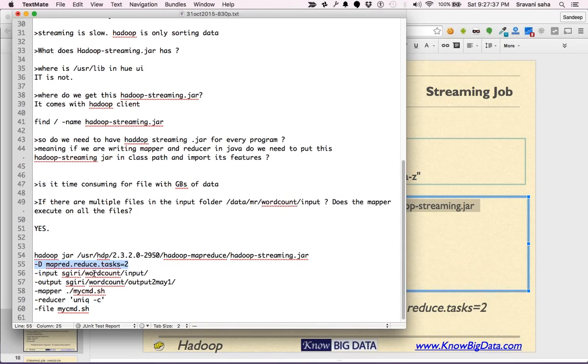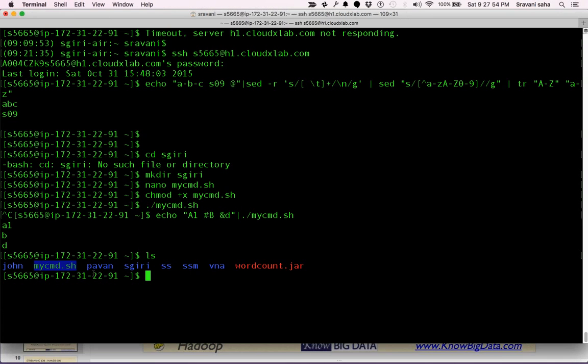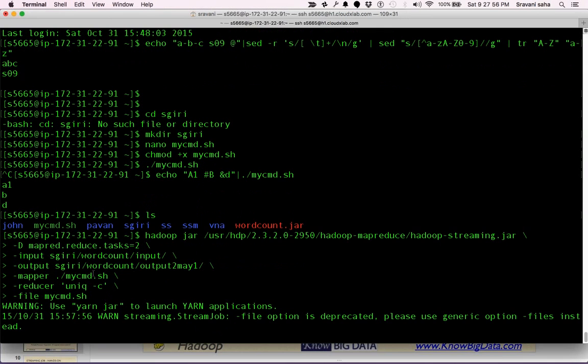If you are doing that, then you need to have multiple reduce phases. So you can have something of this sort. I'm putting a backslash at the end of the line so that it is considered as a single command.